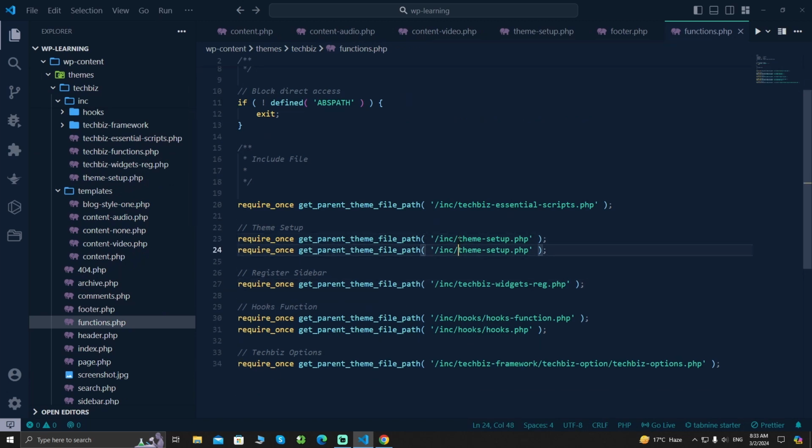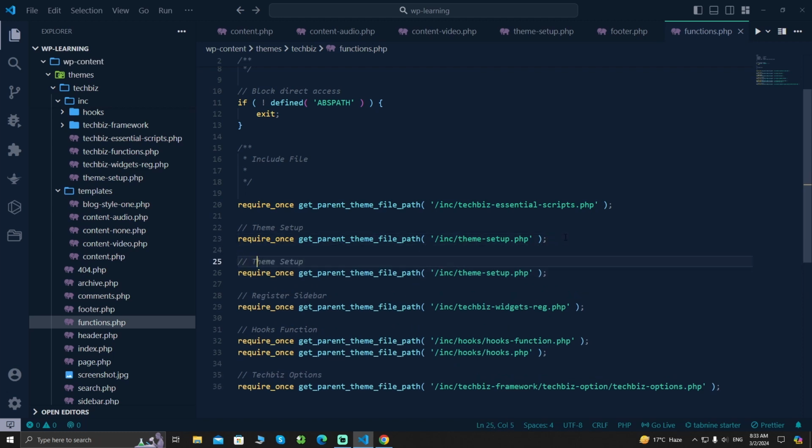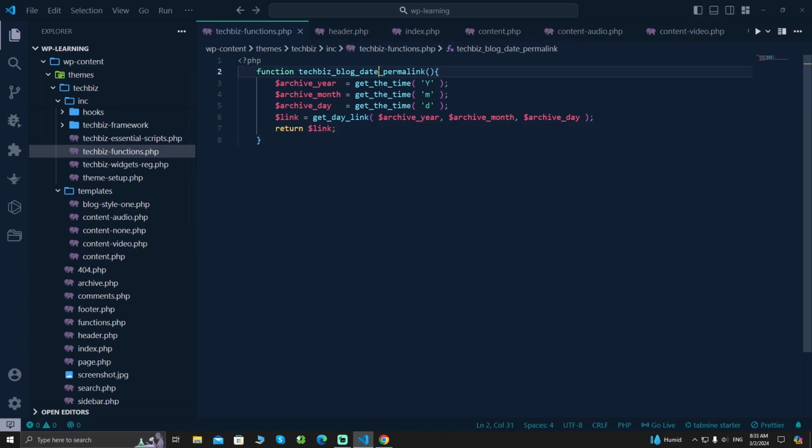So in here, theme function, okay, then inc, then techbij functions.php. Okay, now we'll copy this and paste it in our